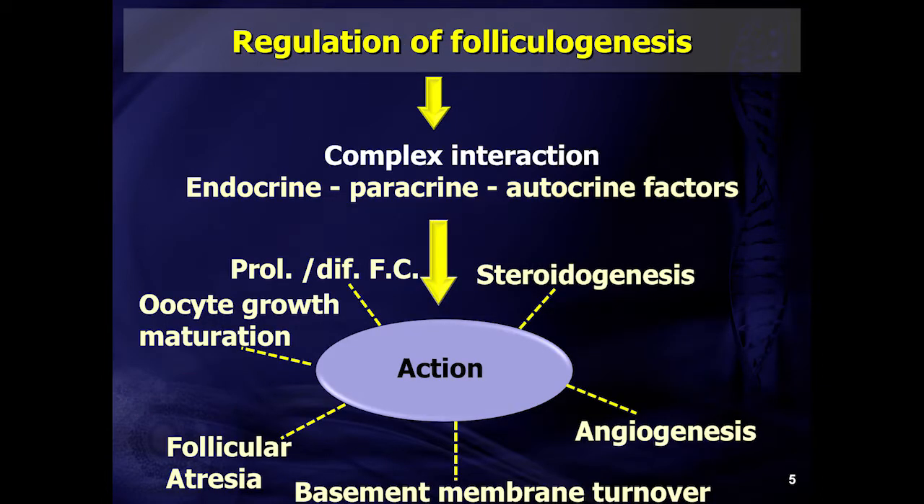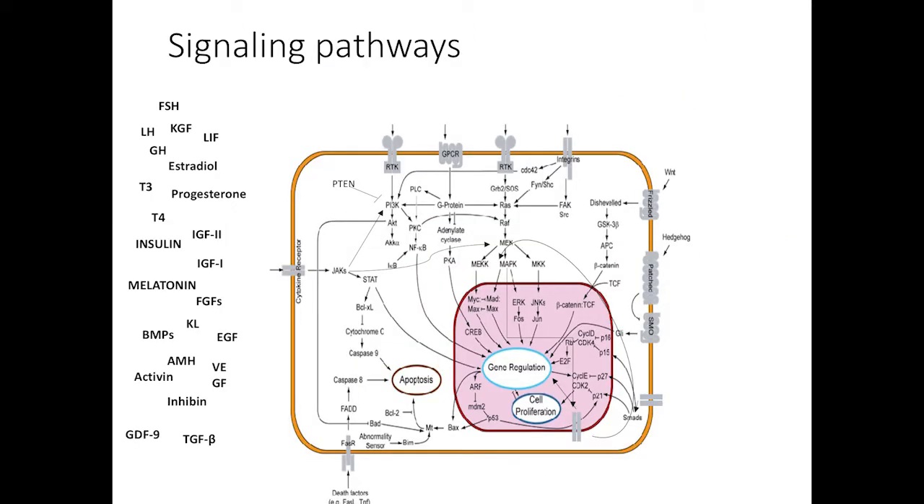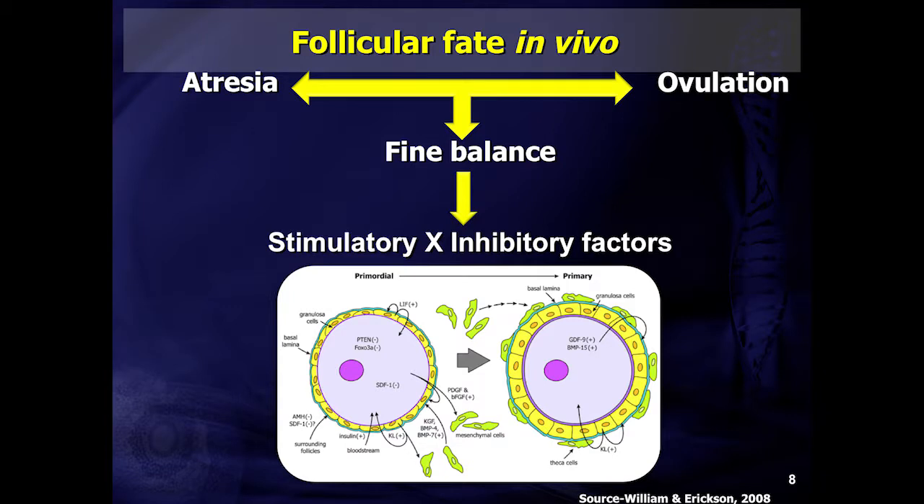The regulation of folliculogenesis involves complex interactions among endocrine, paracrine, and autocrine factors, which in turn affect steroidogenesis, angiogenesis, basement membrane turnover, follicular atresia, oocyte growth and maturation, as well as the proliferation and differentiation of follicular cells. Folliculogenesis is such a complex process because follicles in the ovaries are under the influence of many extra and intra-ovarian factors. To make matters worse, many of these factors share the same receptors. Also, there are complex interactions among cell signaling pathways that eventually control gene expression, which determines cell survival or death, quiescence, or proliferation. Therefore, follicular fate in vivo, atresia or ovulation, depends on a fine balance between stimulatory and inhibitory